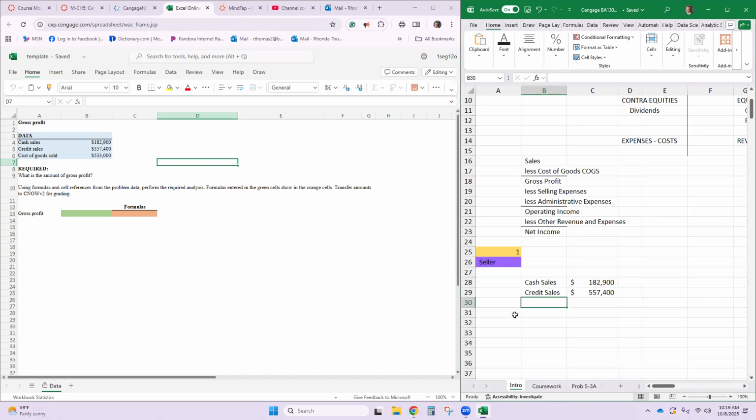All right, and so this now becomes total sales. So let's add these 2 together. And I get 740,300 if I've got my calculations correct here. So give that a try. Okay, so we're going to put this on here and then we'll create the formula for it. And then we're going to subtract the cost of goods sold. So cost of goods sold, and I'm going to put this